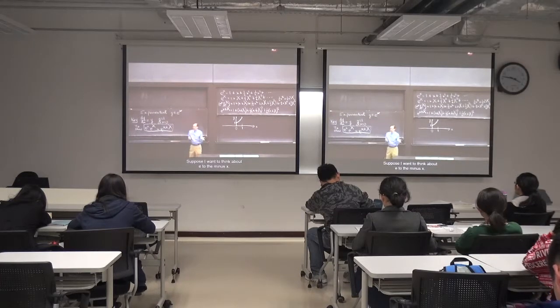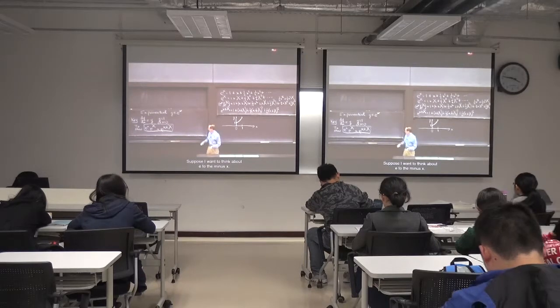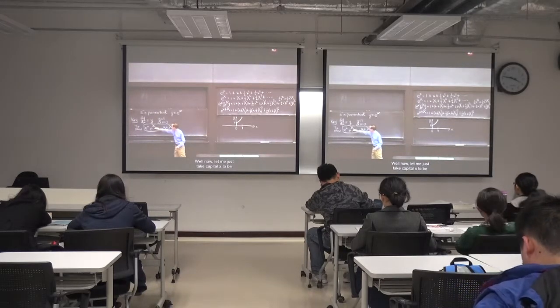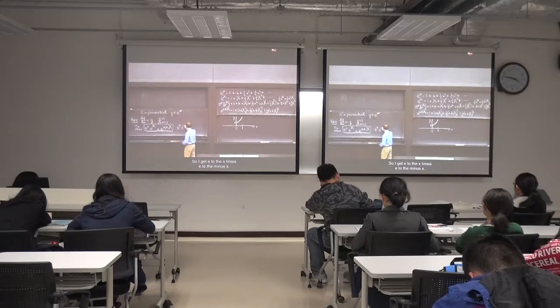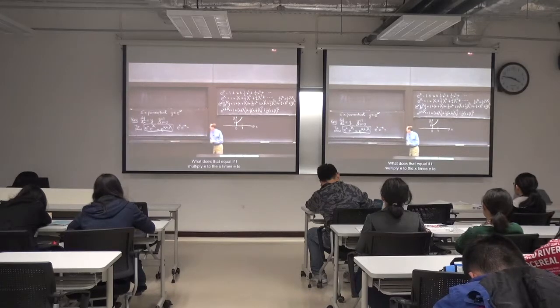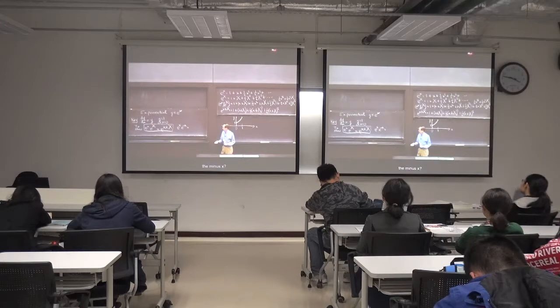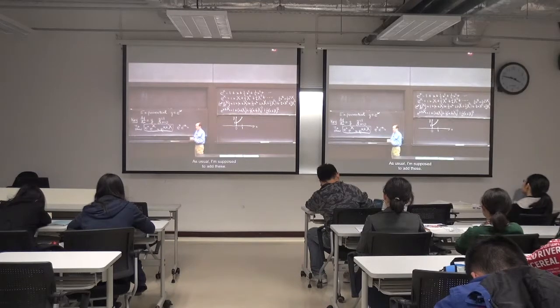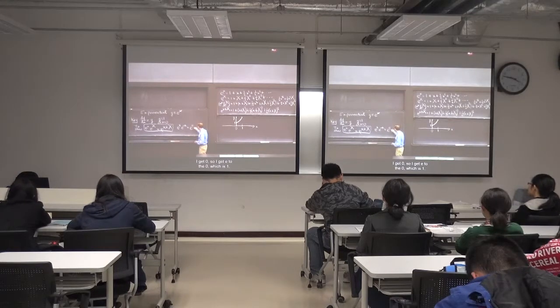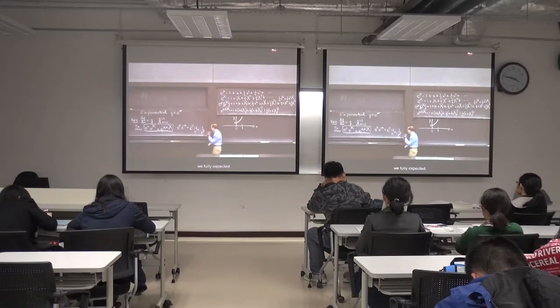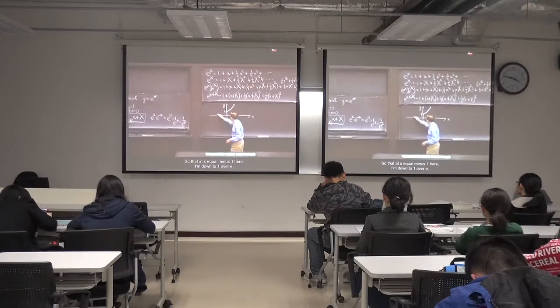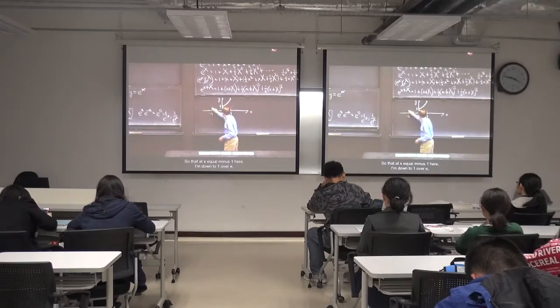Suppose I want to think about e to the minus x. Well, now let me just take capital X to be minus little x. So I get e to the x times e to the minus x. What does that equal? If I multiply e to the x times e to the minus x, as usual, I'm supposed to add these. I get 0, so I get e to the 0, which is 1. In other words, e to the minus x is 1 over e to the x, which we fully expected, so that at x equal minus 1 here, I'm down to 1 over e,